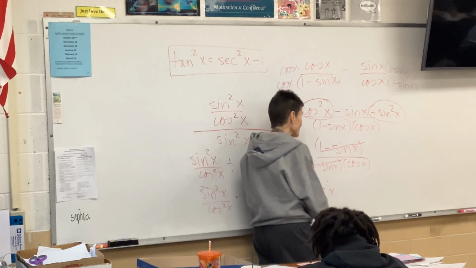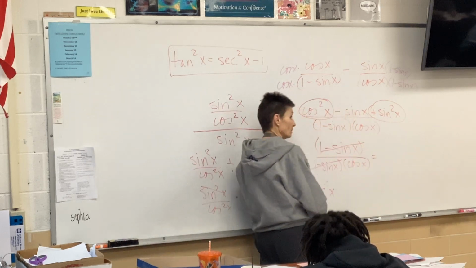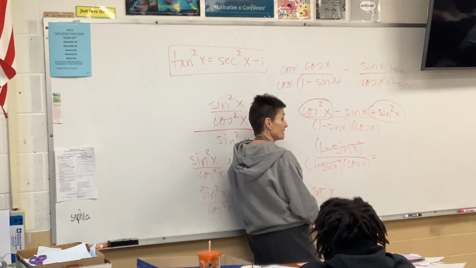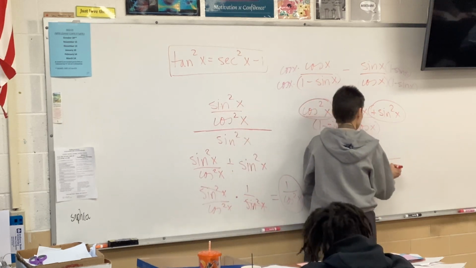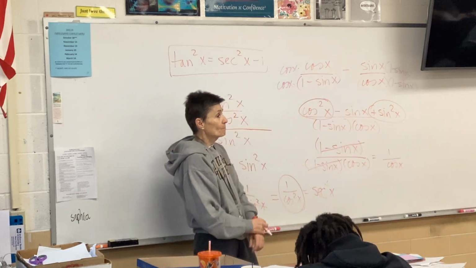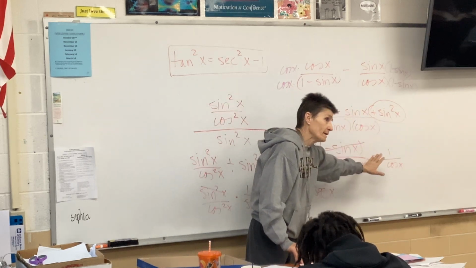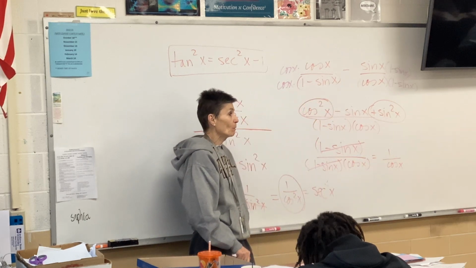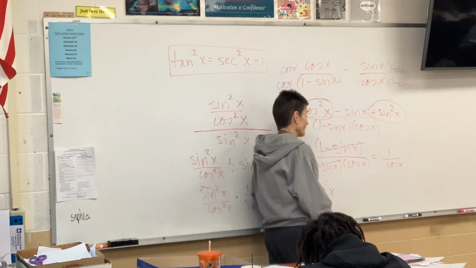So what does that leave me with? Cosine. Be careful. Where is the cosine? The cosine is in the bottom. What's on the top? 1. Again, absolute full credit for that answer. But what do you know about 1 over cosine? It's